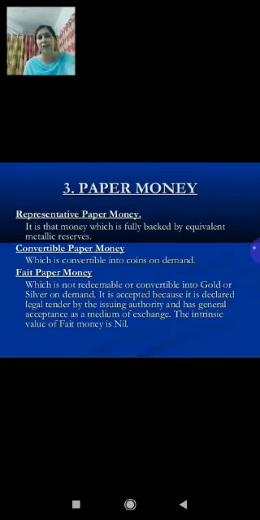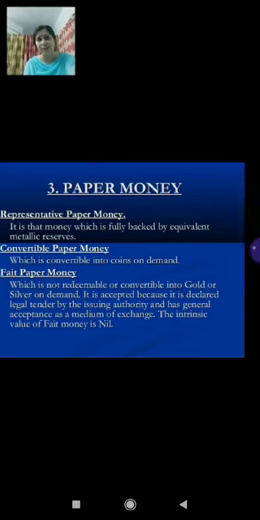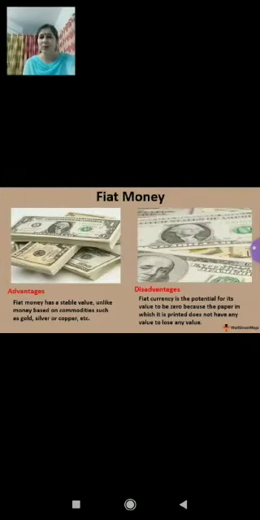Like if you see a note of 500 rupees, these days, and similarly a note of 2000 rupees, maybe the paper of which these two currencies are made is of the same quality, but their extrinsic value is different. If it is written 500, it will be used as 500. If it is written 2000, it will be used as 2000. But the metal or the paper through which it has been prepared, that is different, right children?